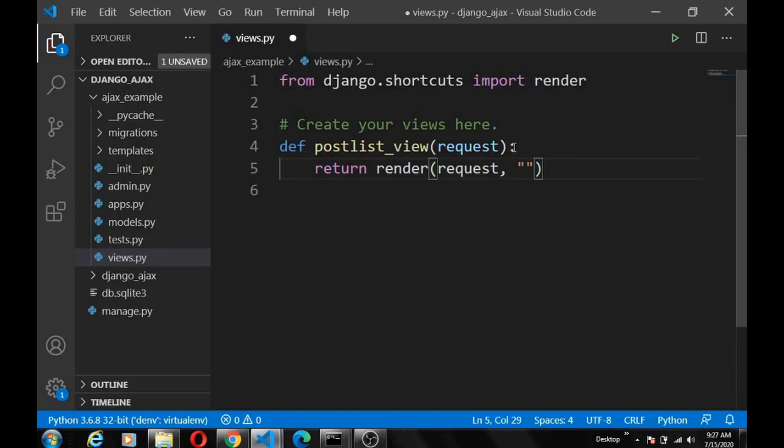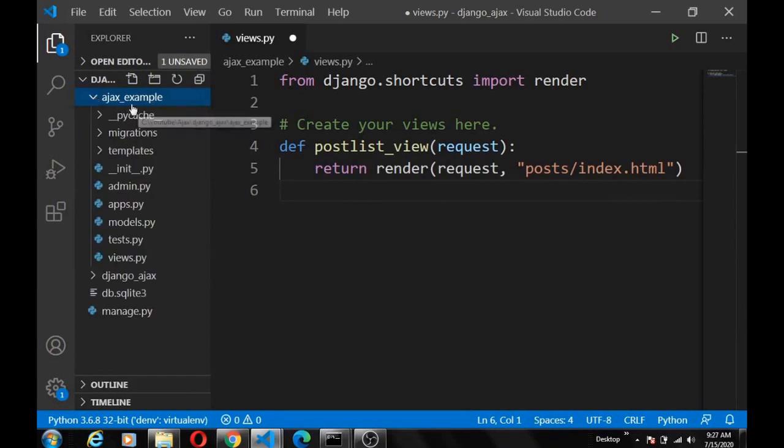Then we'll return a, let's say, posts/index.html. Then we've not created that also, so we head over to our app, which is the AJAX example, and